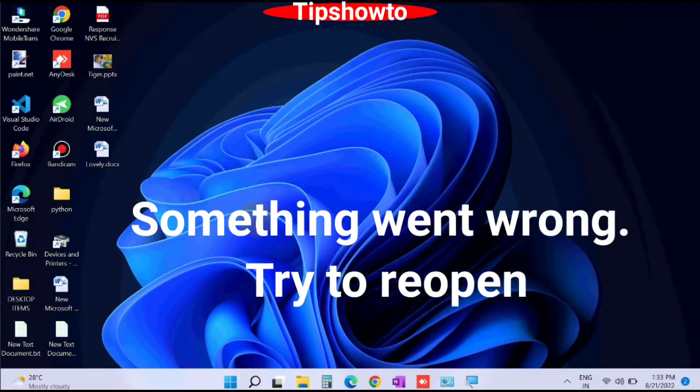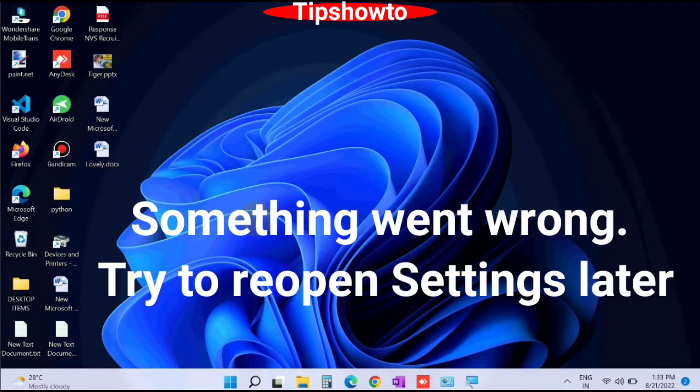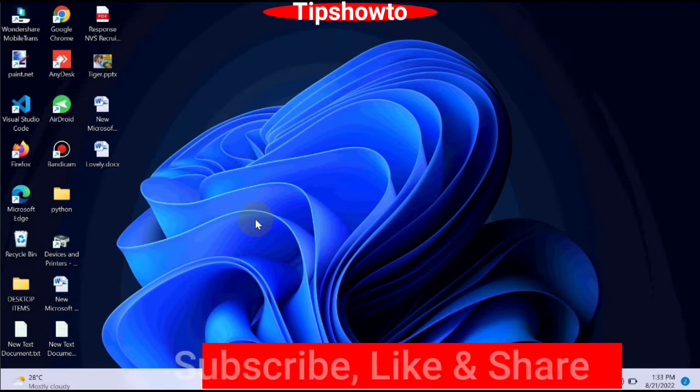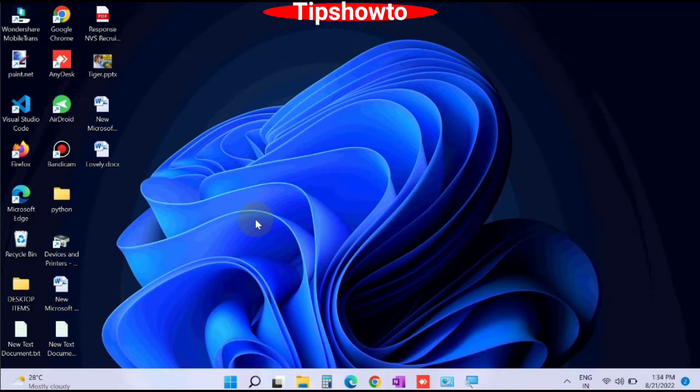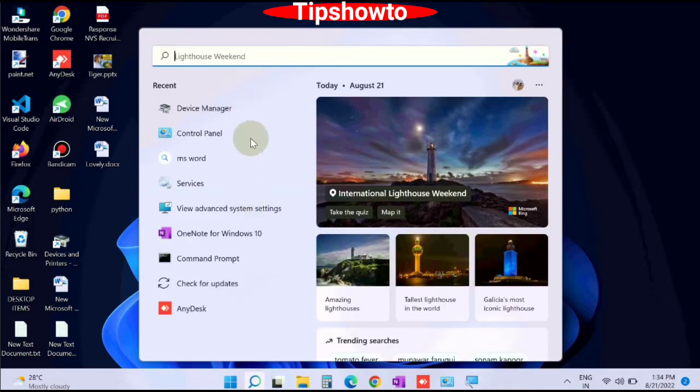Hello guys, something went wrong. Try to reopen settings later is basically a Windows update error, and on many other occasions this error will appear on your screen. And to fix this issue, simply go to Windows search, type